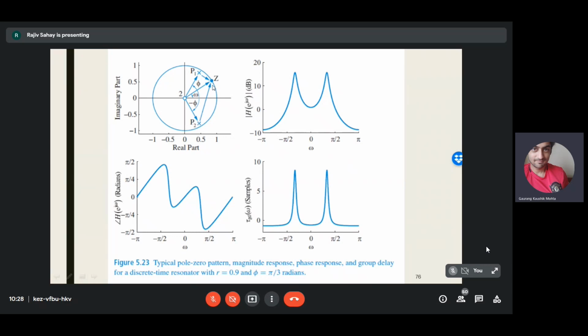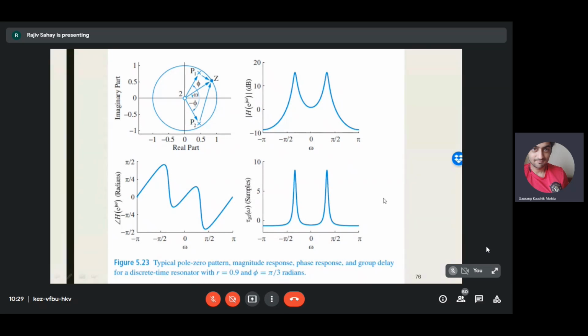These are the two vectors. So it has this particular frequency response. If you look at this frequency response, the magnitude function is an even function of frequency. And this is the phase response. For the particular example, we have taken phi to be equal to pi by 3 radians. We have the angle of the phase response coming like this. At the origin, you see that this is an odd function of frequency. And the group delay turns out to be like this.